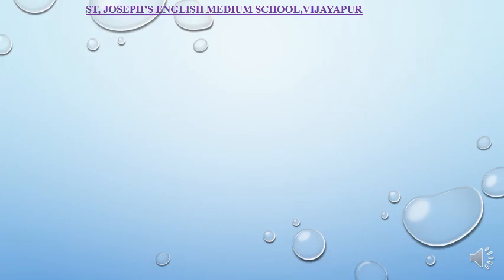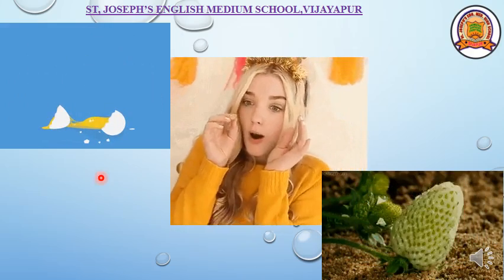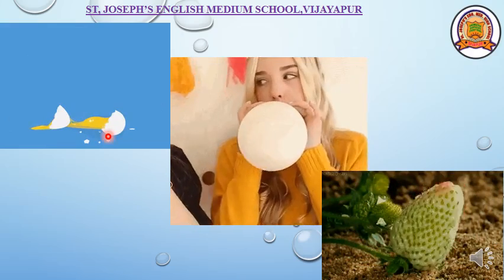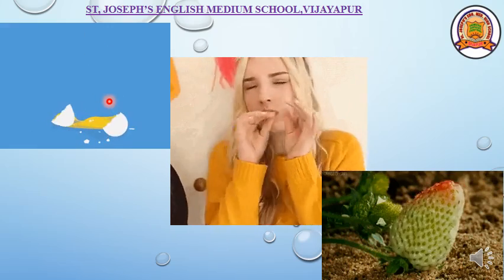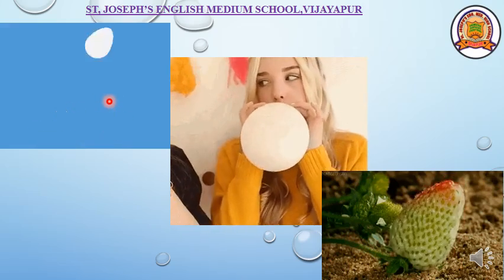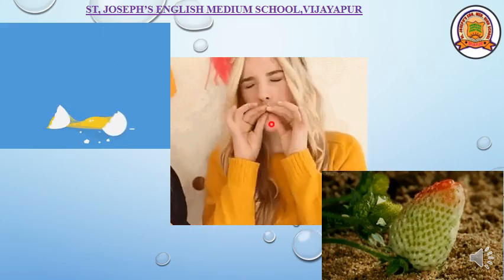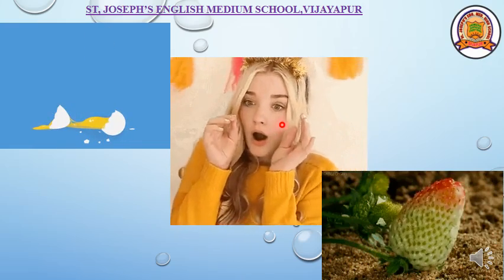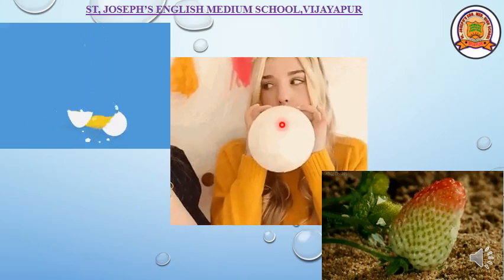Let us see a few more examples of irreversible changes. Once the egg falls from the top and breaks into two pieces, can you use Fevicol and join it and bring it back to its original position? No. Here this girl is going to blast the balloon. Does it come back to its original position? Not possible. Blowing the balloon is different.